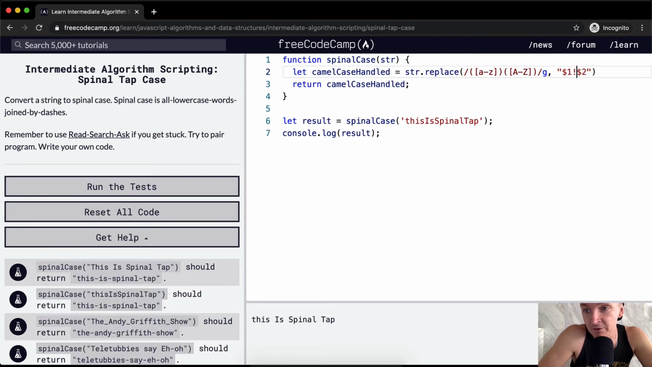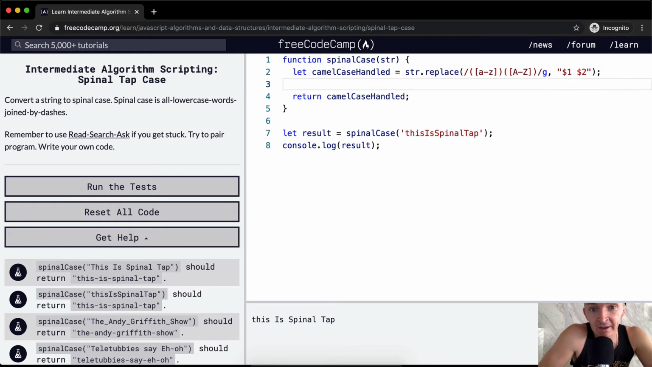Let's say we wanted to put an exclamation point in between them. Then we would have an exclamation point in between each of these points. And so now we have our camel cased string spaced out this way. And then we can handle the dashes. And so now we can say